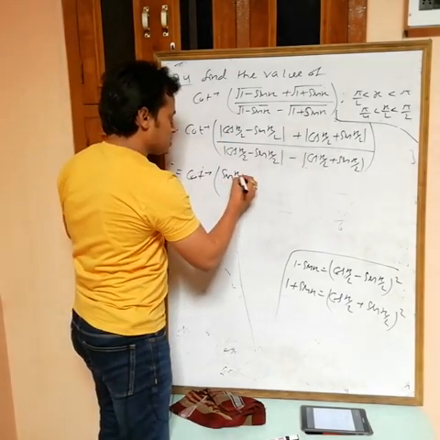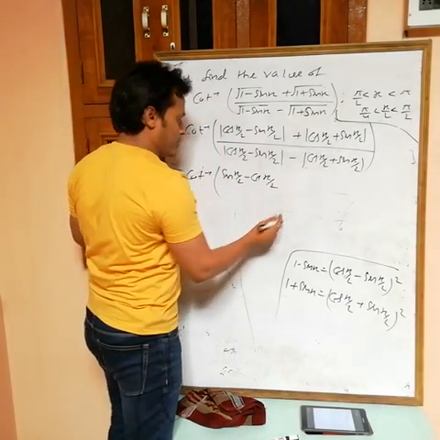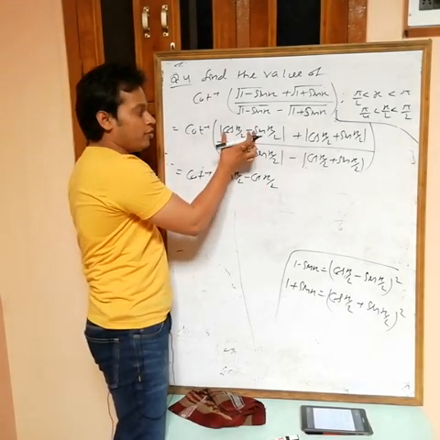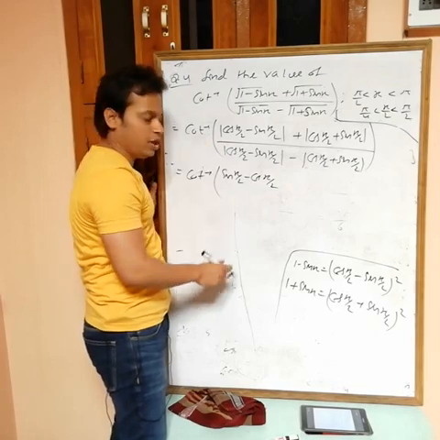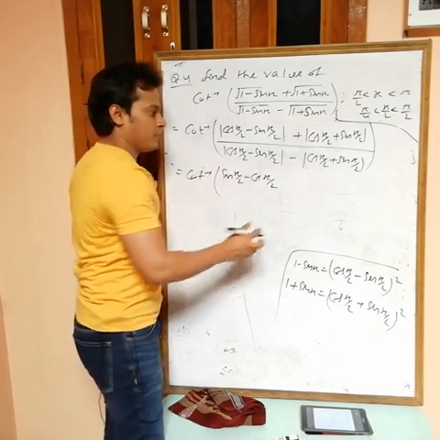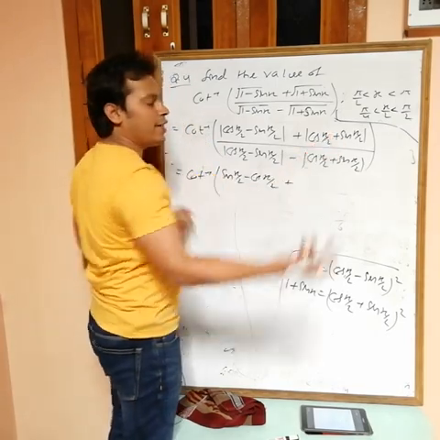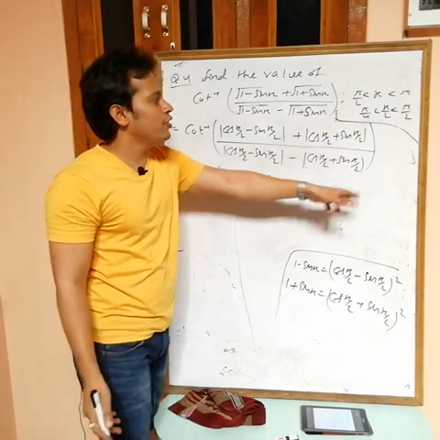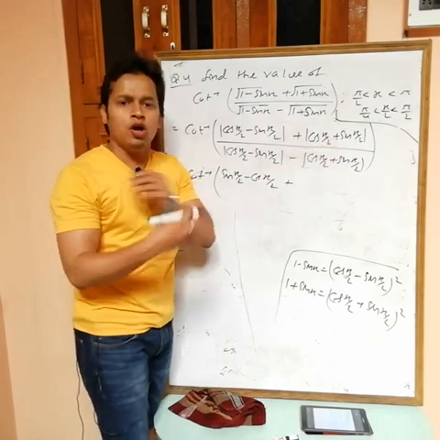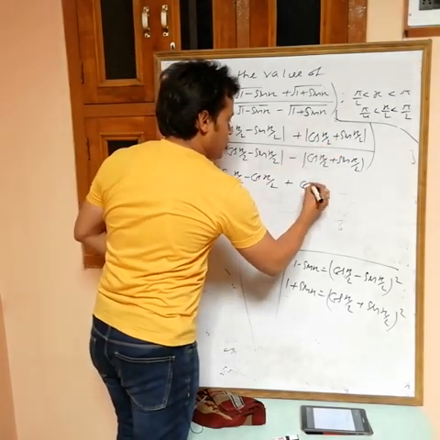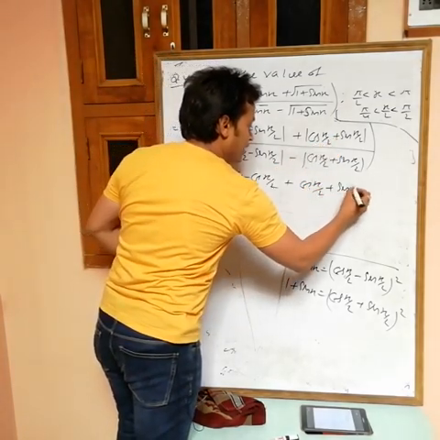So value of this one is sin x by 2 minus cos x by 2. Now this one is positive. If you are writing cos x by 2 minus sin x by 2, then this one is negative, because sin is greater. But sin minus cos is positive. And in this one write anyway, doesn't matter, because both are positive. X by 2 lies in first quadrant, then cos positive, sin positive, here we have plus sign, no problem, write as it is. So cos x by 2 plus sin x by 2.